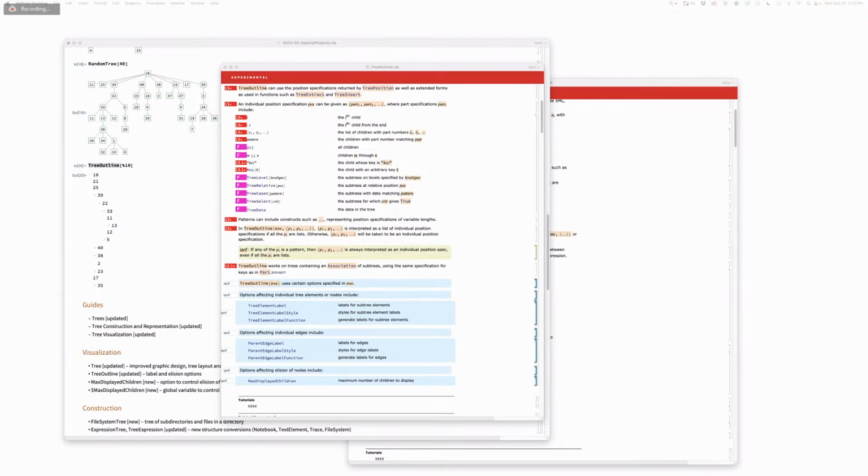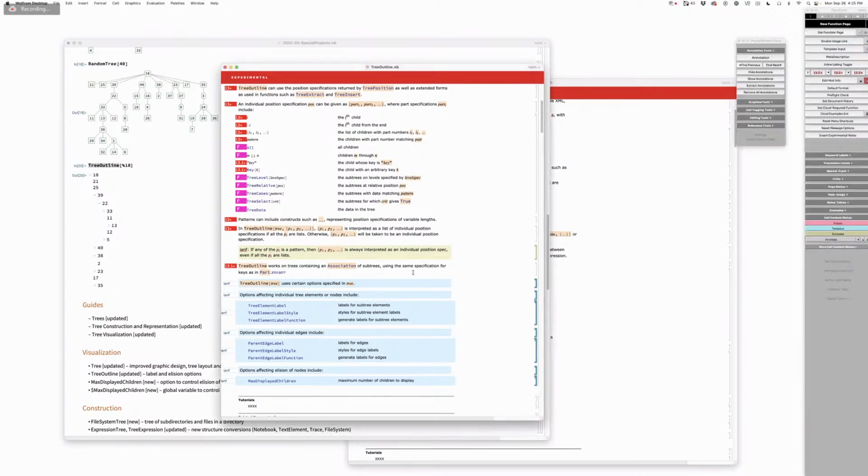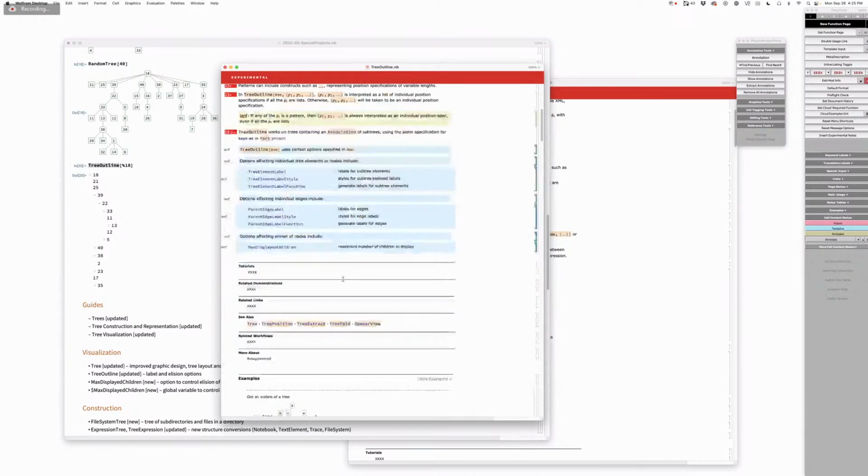Well, you can't actually overwrite options in that way. You just add options. And since tree outline isn't really a tree itself, some of the semantics don't make sense. Really? Like there isn't a parent edge for a tree outline, for example. So your point is these are options for the tree which will affect the tree outline display. Mm-hmm. If you scroll down, I think I have an example of what it would look like with XML,